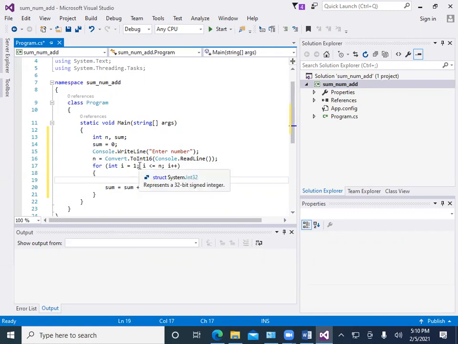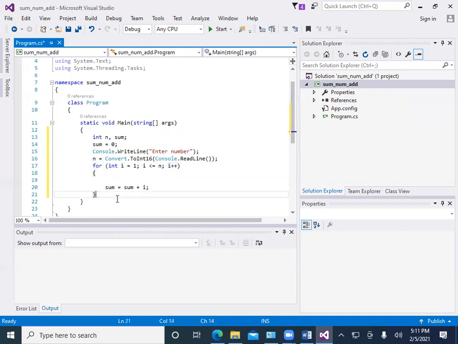Now i's value increases by 1. Now it becomes 2. 2 less than 5, condition true. Then it does the addition. Now the sum's value is 1, 1 plus 2, 3. Now i's value increases again because of i plus plus. So it becomes 3. Again it checks the condition. 3 less than 5, condition true. Then 3 plus 3, it's 6. Like that it will go up to 4.